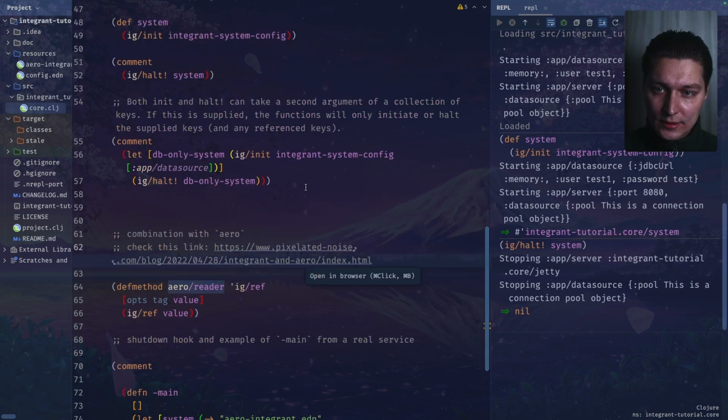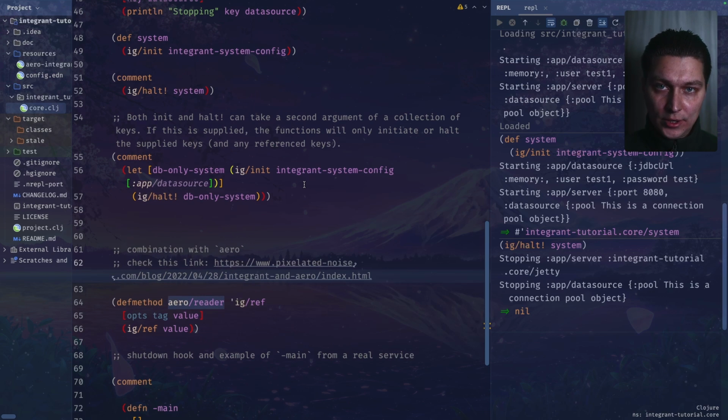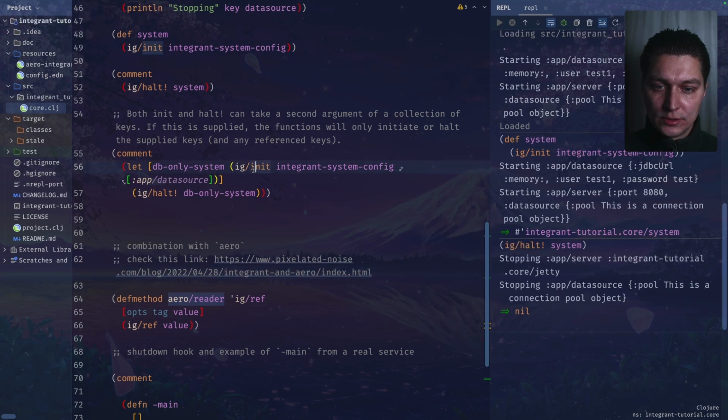All right, the other difference from component is that you can easily start part of your system. So it's kind of possible in component as well, but you have to modify your system definition and probably create different versions for like test and dev, etc. But here it's really nice because this init function that starts the system can take an optional param of keys that you want to start. So in our case, we want to start data source here, and our system will only contain our data source. So if I run this block,